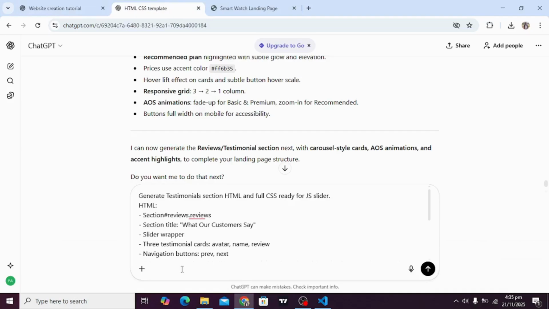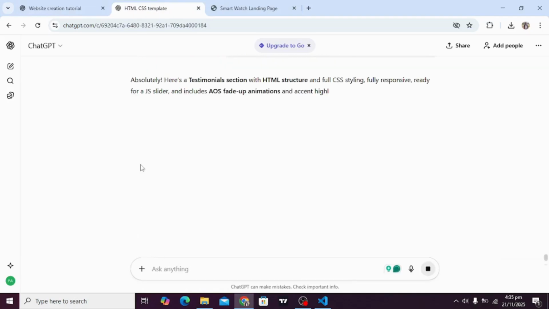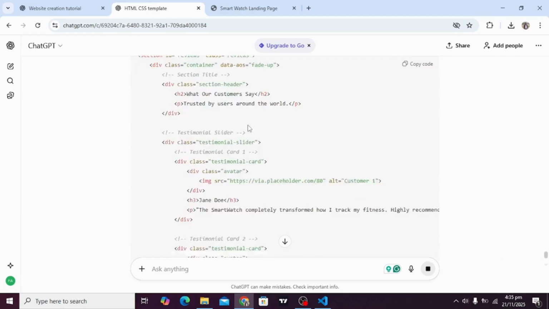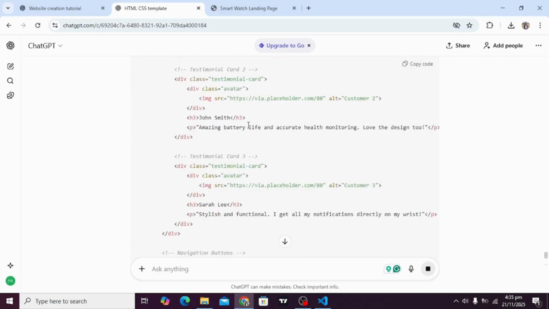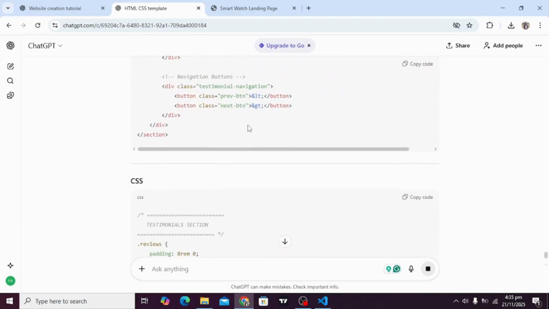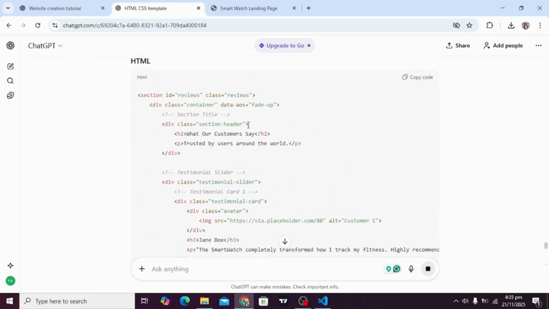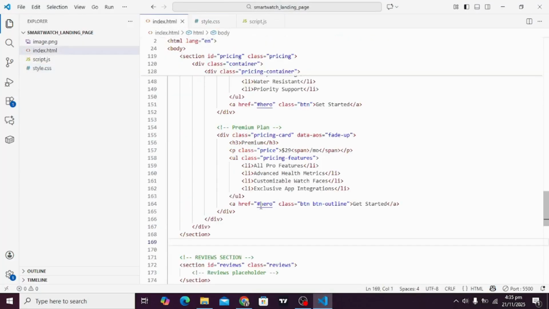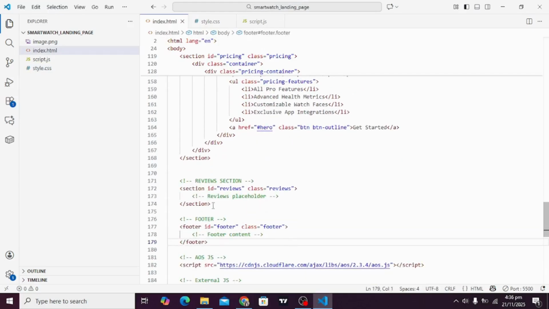Control V and press enter, and see, absolutely, here's the testimonial section with HTML. We will copy the HTML part when it is done writing. Yes, it is done writing. So copy, and we will replace the reviews section in index.html. Here you go.